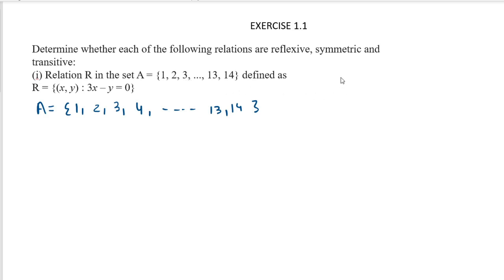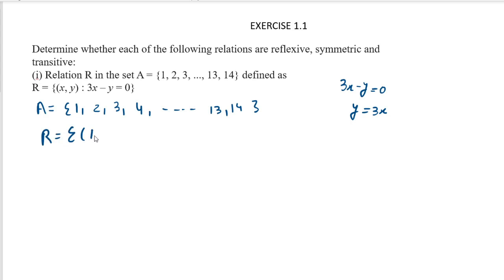Children, what is given here? It is given here 3x minus y is equal to 0. So you can say y is equal to 3x. So whatever you will take the value of x, y will be 3 times. देखते हैं कैसे. तो यहाँ पे हम लोग लिख लेंगे इसके ऑर्डर पेयर. तो रिलेशन R is equal to,